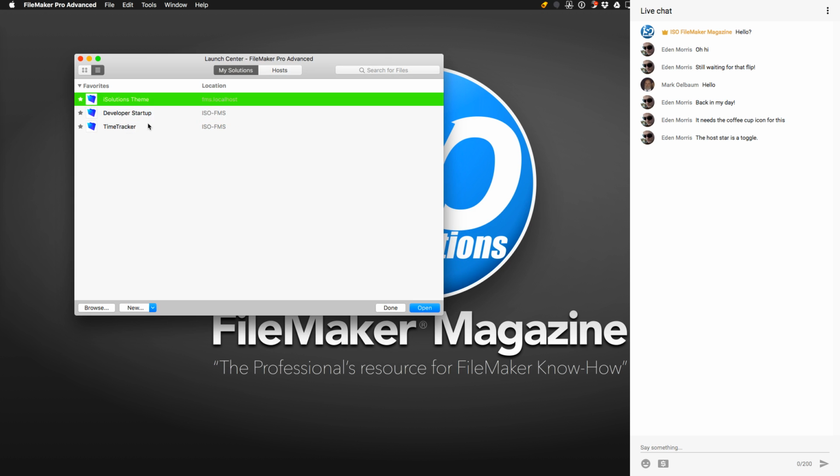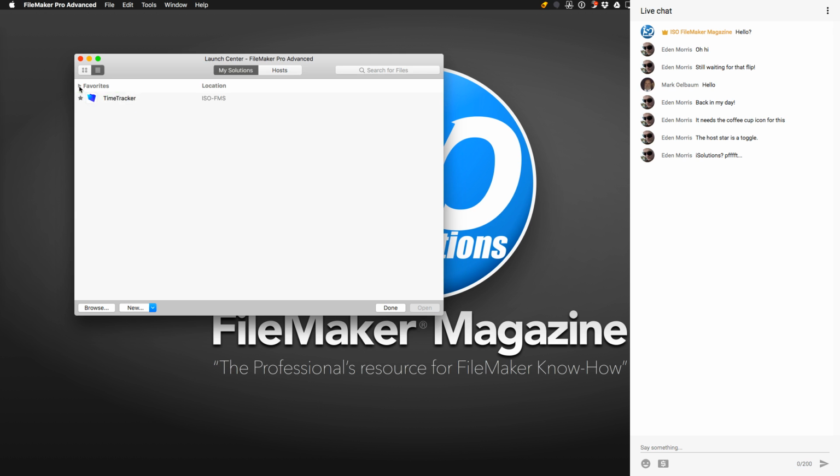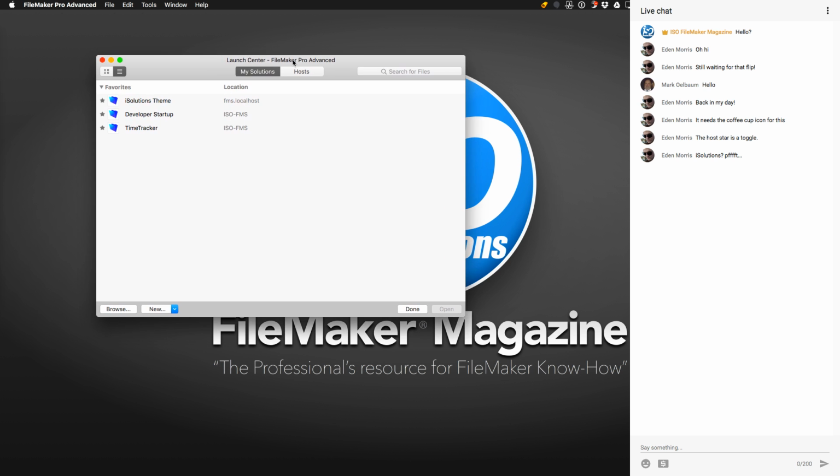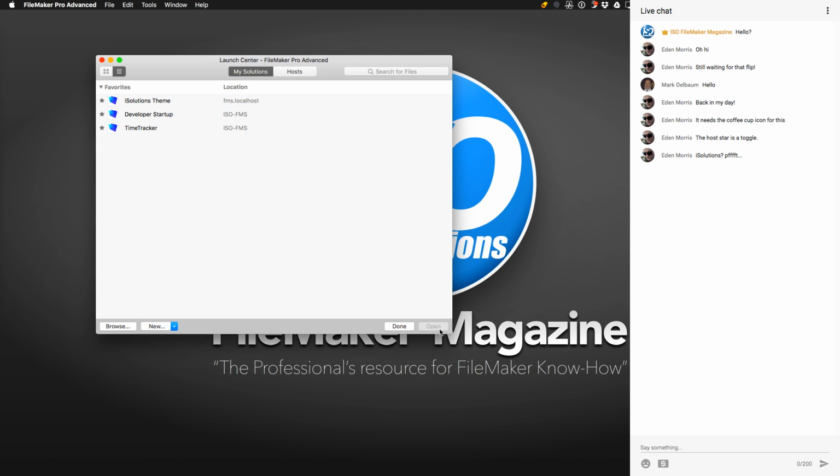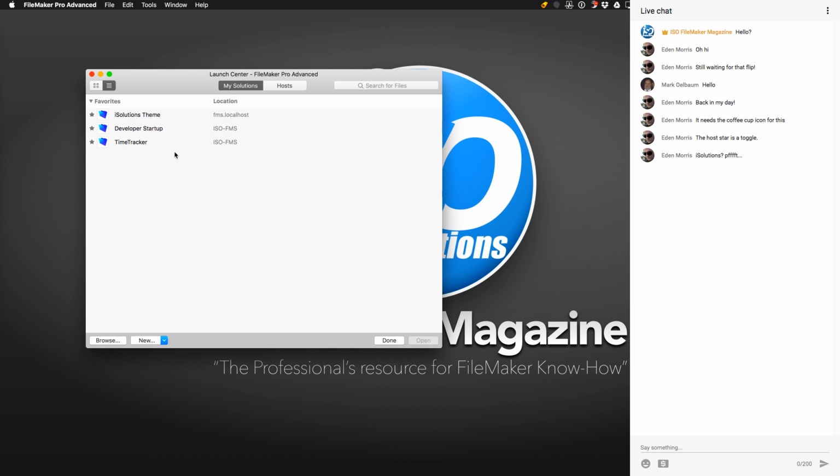If I want that one to show up, it's right there within the favorites. I can just drag and drop it right there. And again, it used to be within that separate manage dialog box. So nice comment, Eden, on iSolutions, given that Eden actually works with iSolutions. So there we go. That, for the most part, is going to be how you manage your favorites moving forward